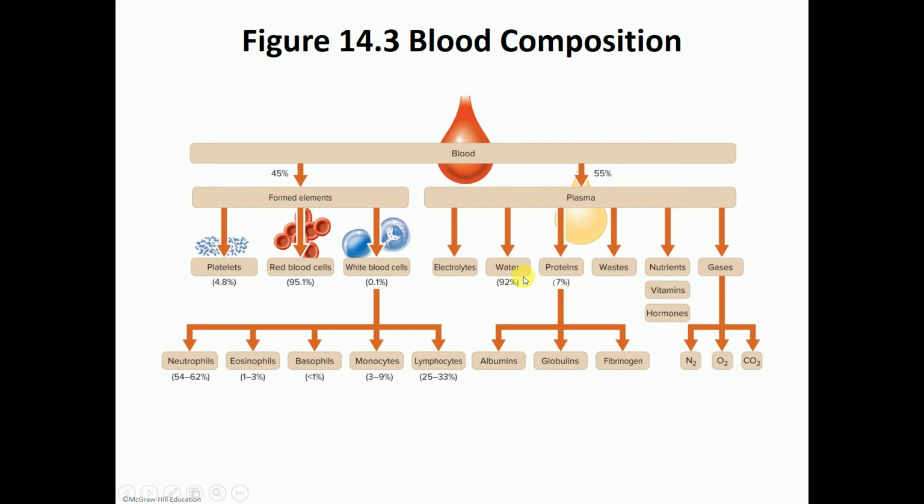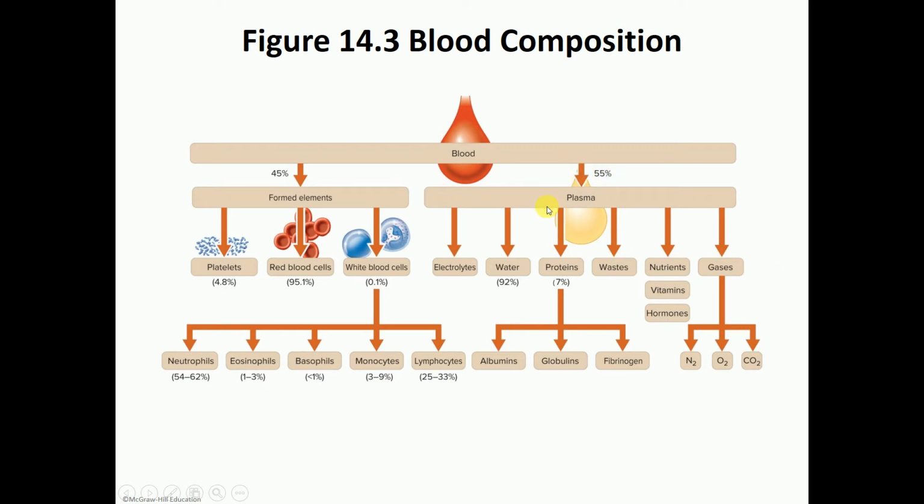Most of these proteins, the majority of them, are made by the liver. So we've got albumins, globulins, and fibrinogen. There are waste products like carbon dioxide, in order to get rid of those waste products. There are nutrients, vitamins, and hormones. And there's also gases. So we know about oxygen and carbon dioxide, but there's also nitrogen. Okay, so all of these substances here